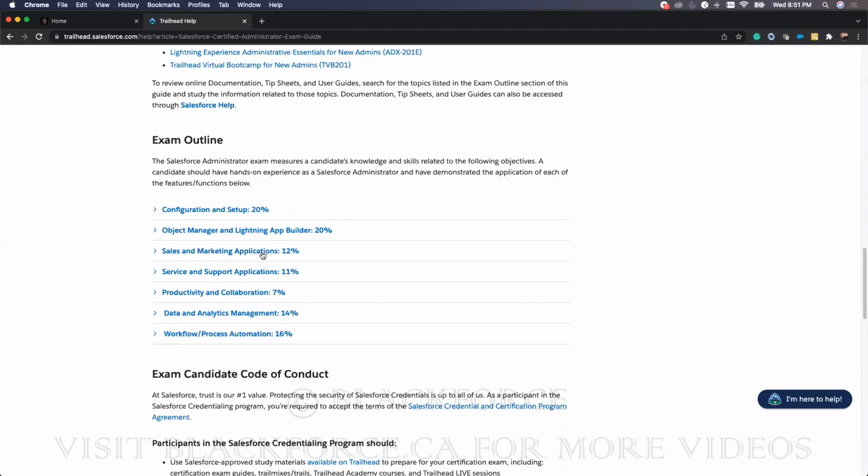Sales and application, if you can get 50%, sales and support, if you can get 50%, productivity, if you can get 25%, you will pass. But you need to have good grades in all these modules. Some people will get 100% in certain module and get 0% in other module, and they will fail the certification. So don't neglect other areas. This is the plan for my